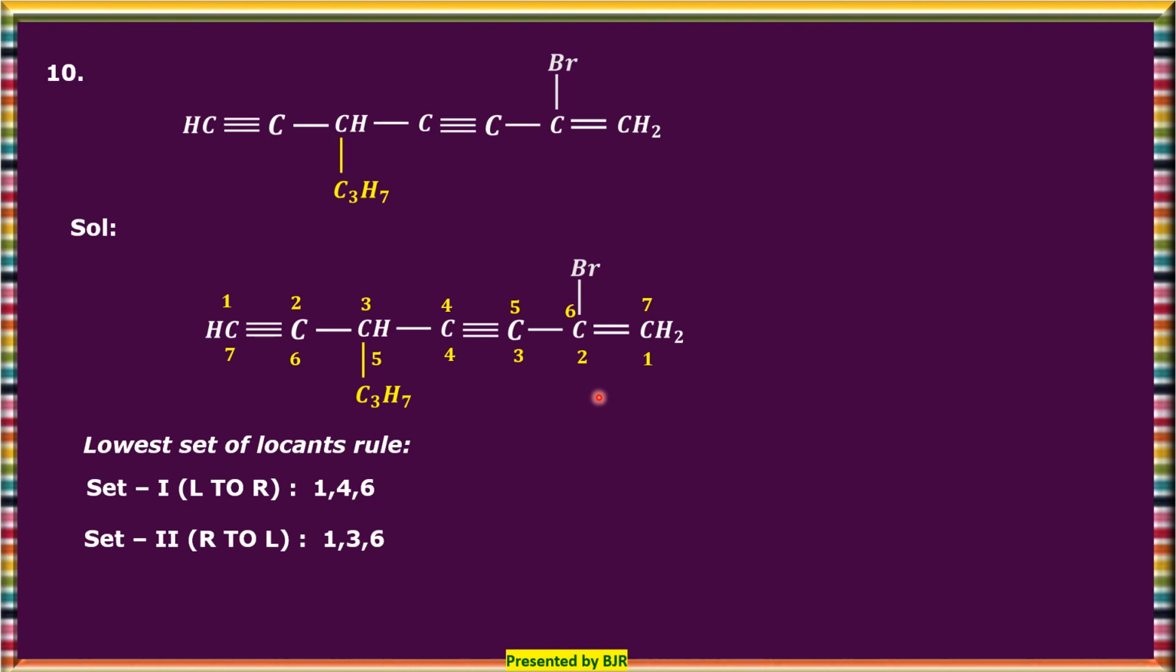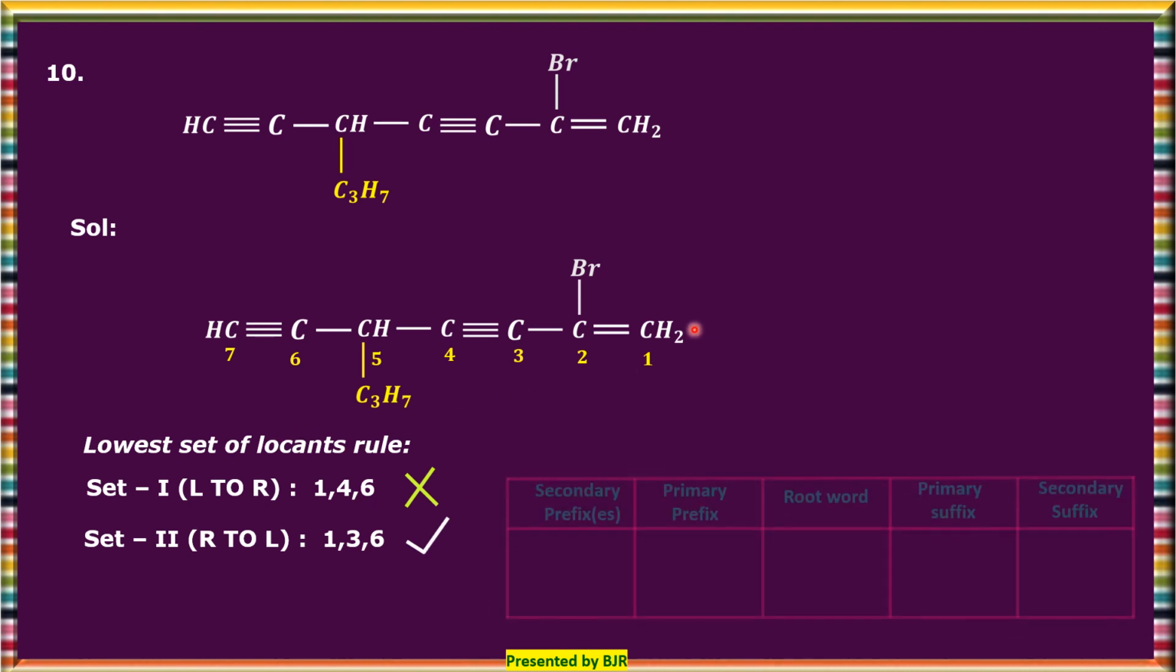You can observe here from left to right, the triple bond is contained in the first carbon atom, and from right to left the double bond is contained in the first carbon atom. That means here the triple bond and here the double bond both are competing for the same position. At that time double bonds are given the priority over the triple bonds. Okay,